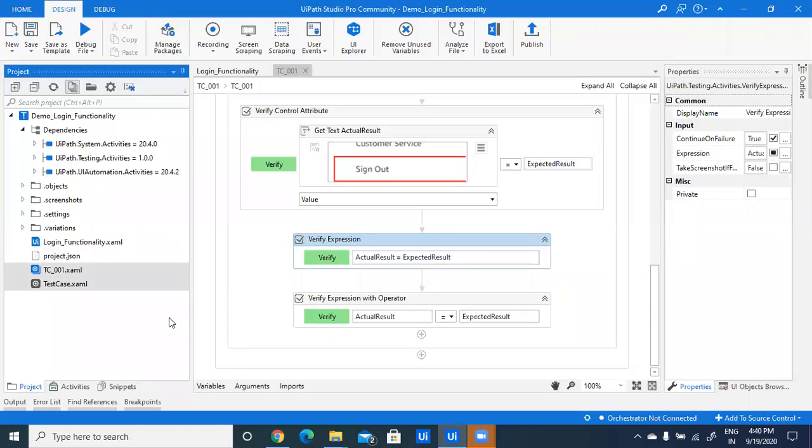In the next session, we are going to cover how to execute multiple test cases, because this is the first session of development, and we made it sweet and short so that everyone will get it, even if you don't have any background related to UiPath, and learn how to automate your simple test case.